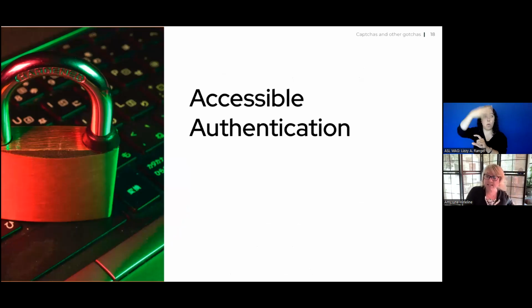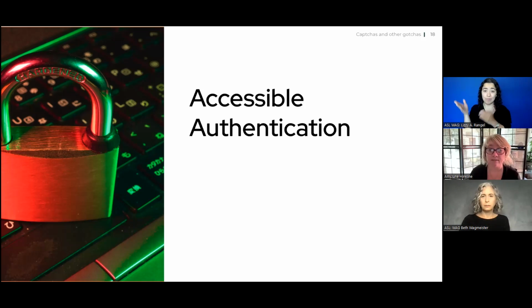So let's get into some of the security stuff. We have accessible authentication. That's a tricky word for me, so I have to go slow. Authentication is really our first defense when it comes to online security. When authentication requires user input, best practices should include giving your users options and choices. And I'll reiterate this throughout the program. It's about giving your users options and choices.